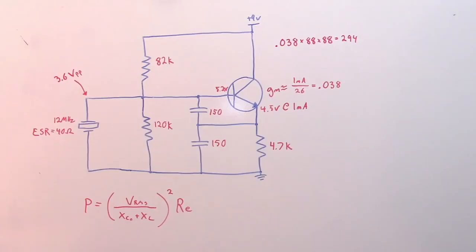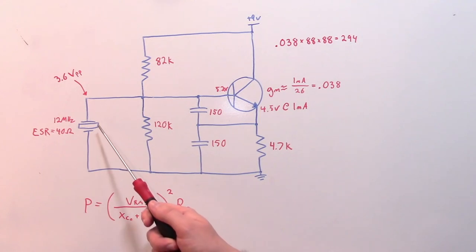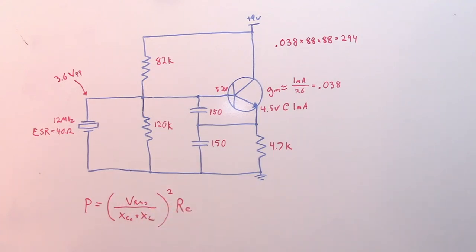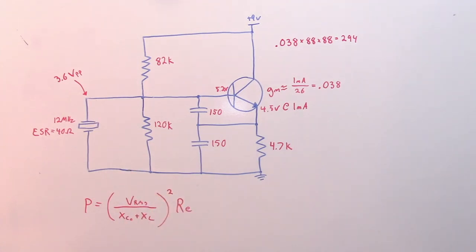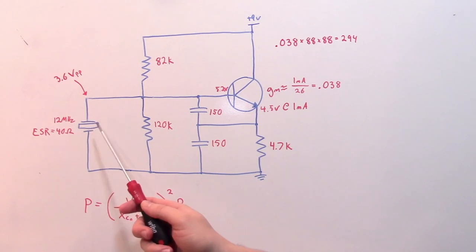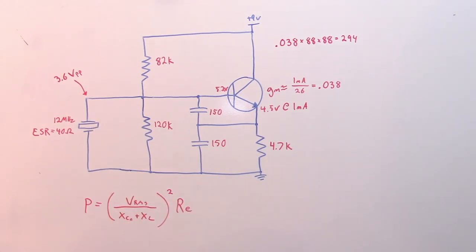Now, one final thing to verify is that you're not dissipating too much power in the crystal. Ideally you would do this by putting a current probe here and measuring the current through the crystal, and then power is just current squared times the internal resistance of the crystal. But a lot of times you don't have a current probe, I certainly don't, so the next best thing is